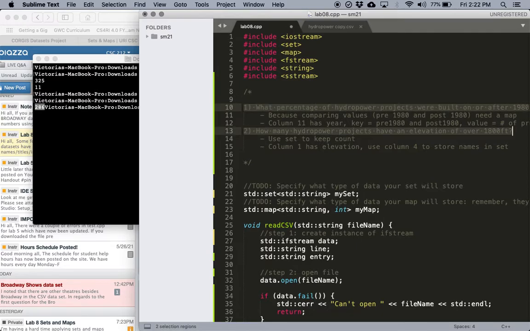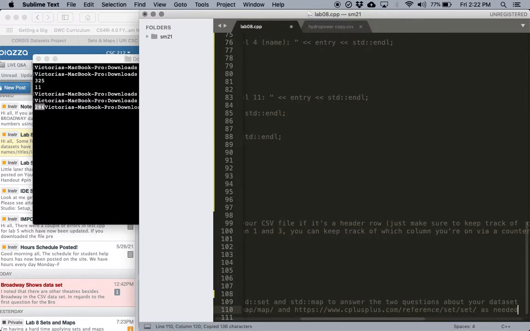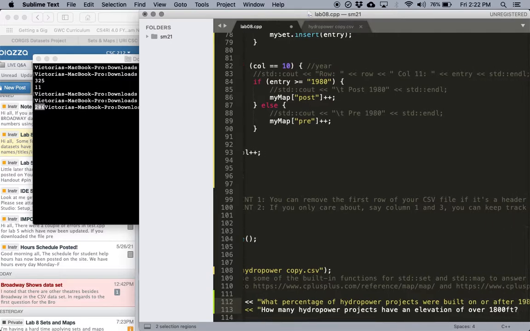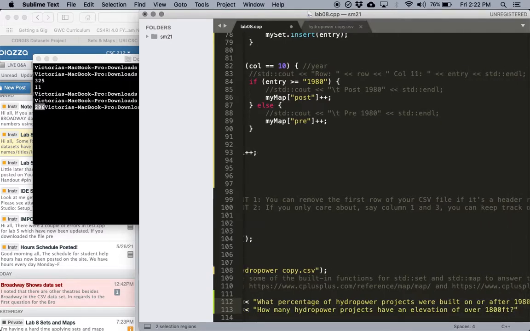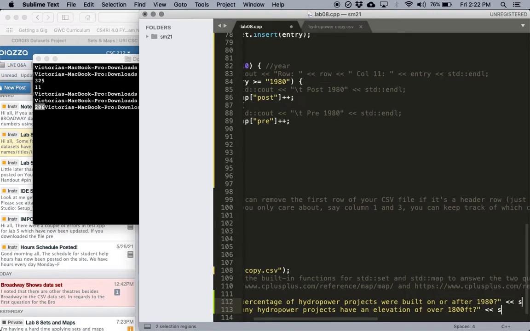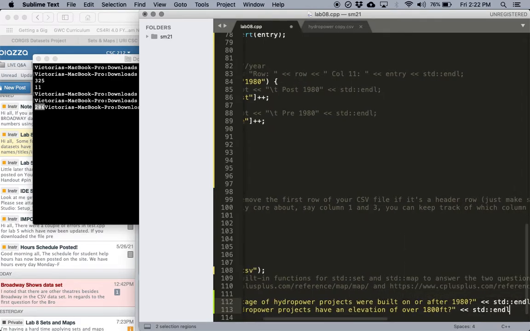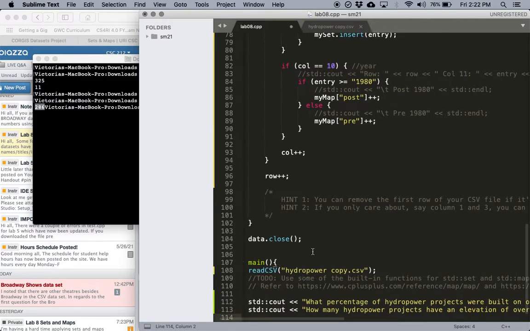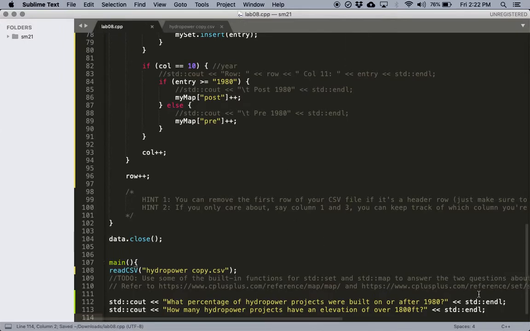So let me copy over both our questions. And you know what? I'm actually going to cout them. So I'm going to do std::cout. Get rid of this. It will be std::endl. And so to calculate, let me make this big again, to calculate this,